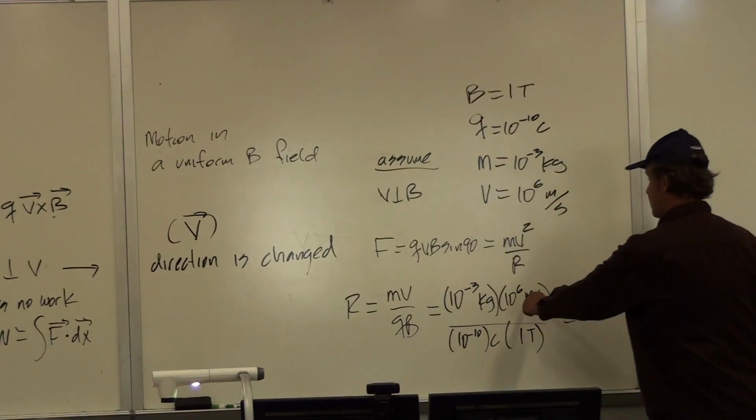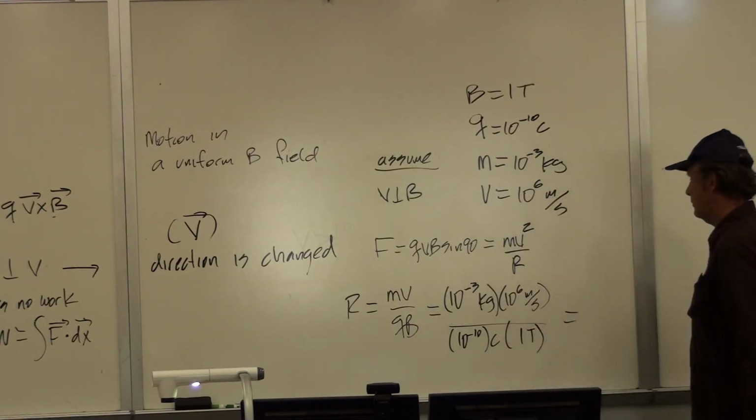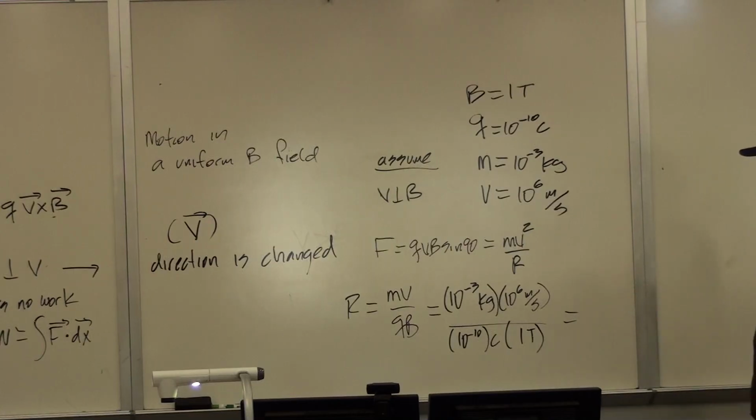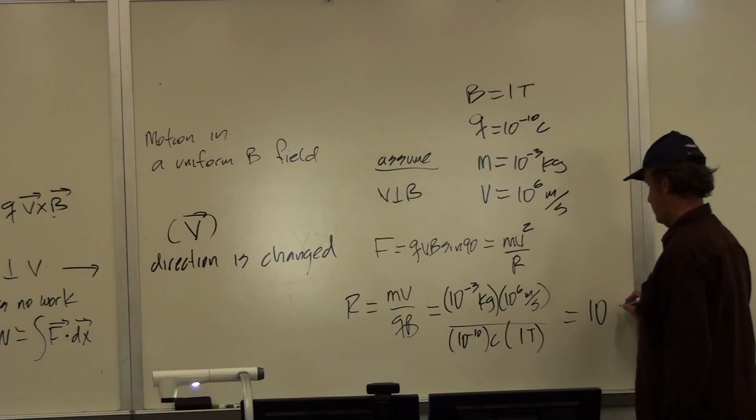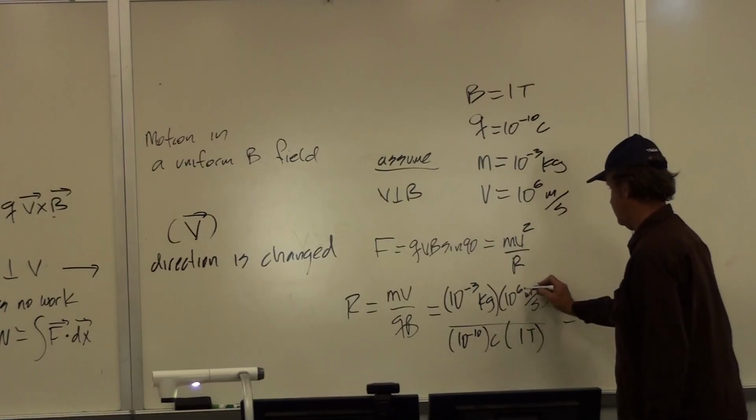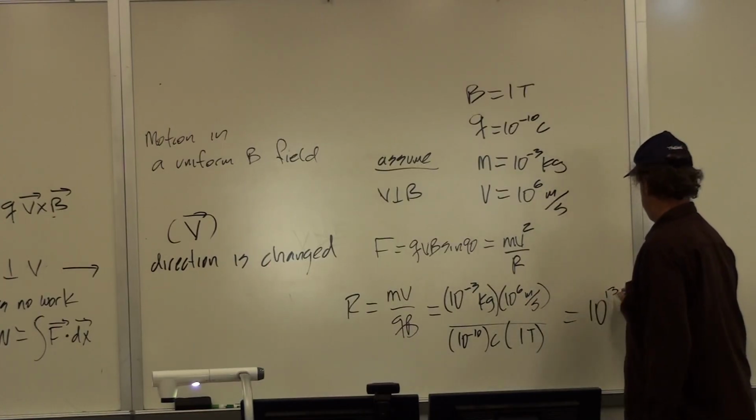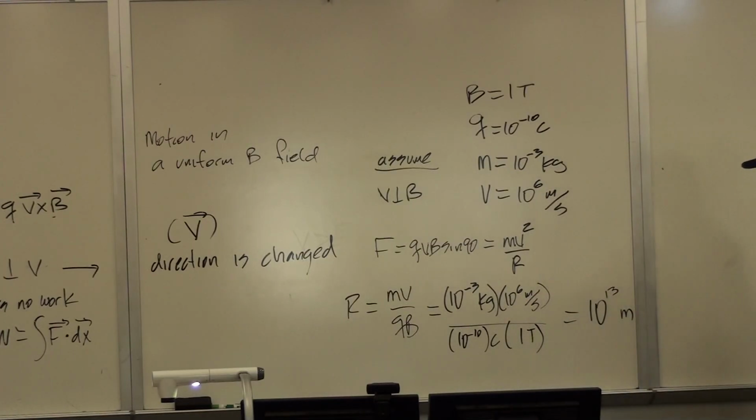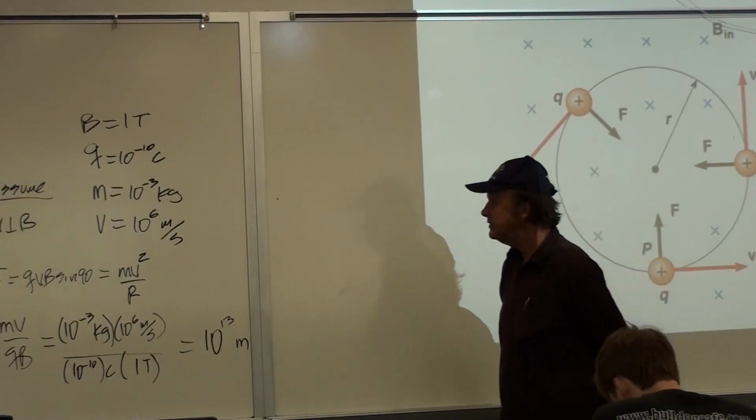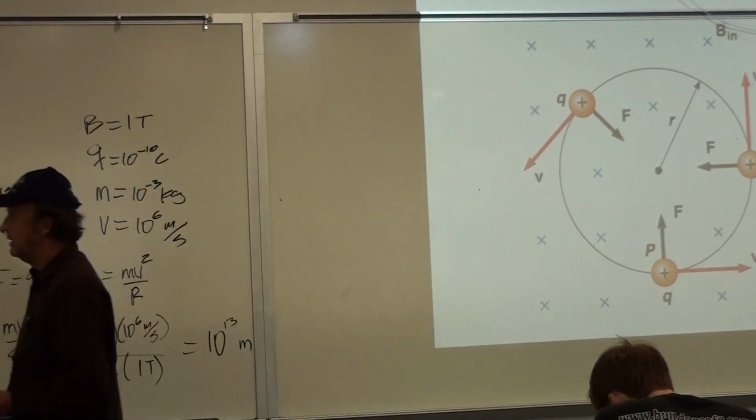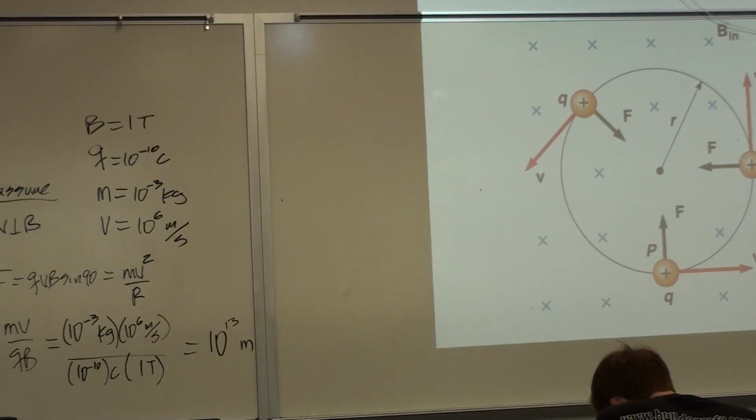Okay, and so this would be 10 to the minus 3 plus 6, that's 10 to the 3, minus minus 10 would be 10 to the 13 meters. So this would be a very big radius path for the numbers that I've chosen here. Let's try it for a proton